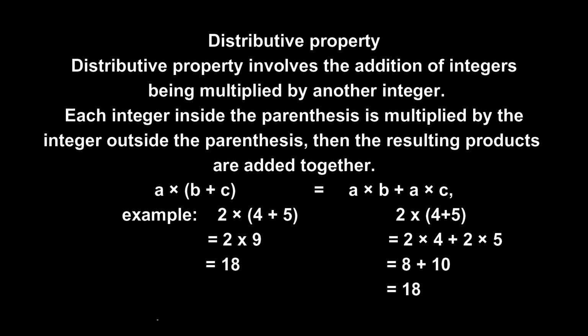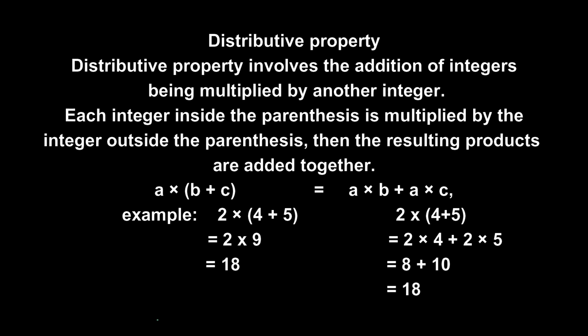Here I have shown you two methods. On the left side there is one method, and on the right side there is a different method. Both methods are going to give you the same answer, whichever you want to follow. Let's see with the first one. On the left, 2 multiplied by (4 plus 5). Here there is a bracket, so we will deal first with the bracket, and in the bracket there is addition between both the integers. So we will first add those integers. 4 plus 5 gives me 9. So 2 multiplied by 9 gives me 18. So the example on the left side gives me the answer 18.